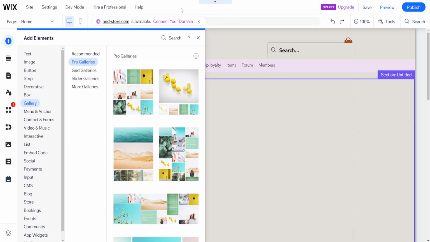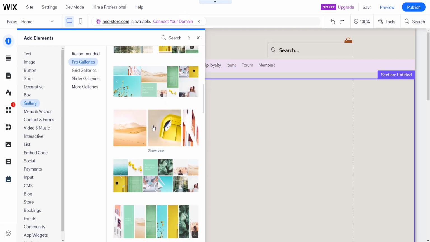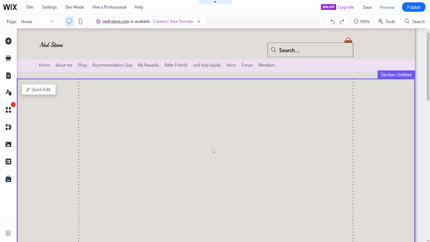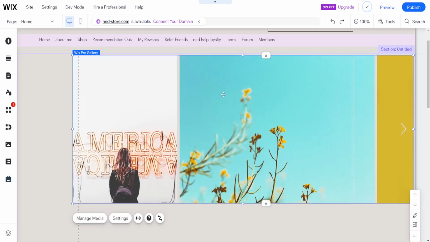Now you will be able to see the different Pro Galleries here, and you can choose one that you like the most. So for example, Showcase here, which basically creates a slideshow, and I'm just going to click on it or add this by dragging and dropping it onto my Wix website, and I'll show you how we can set this up as well. So as you can see, it takes a little bit of time to appear on our